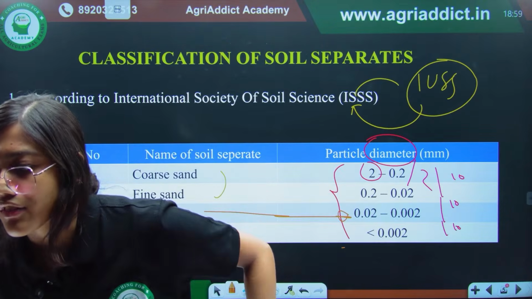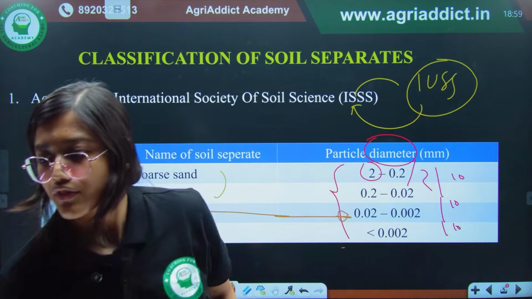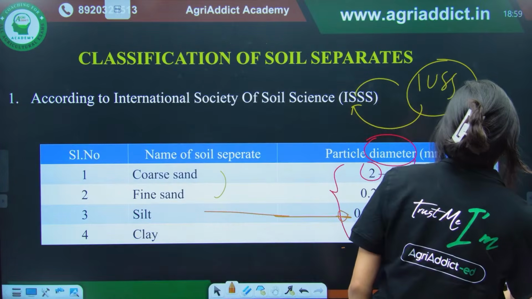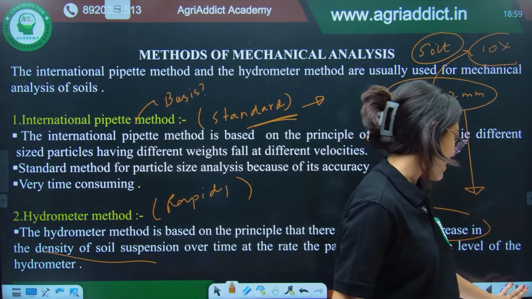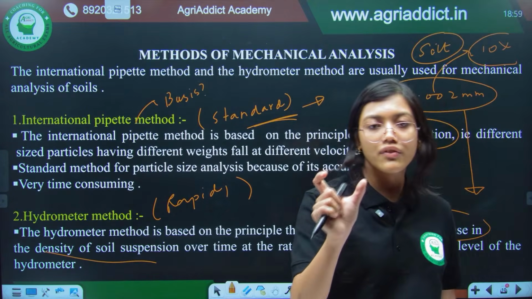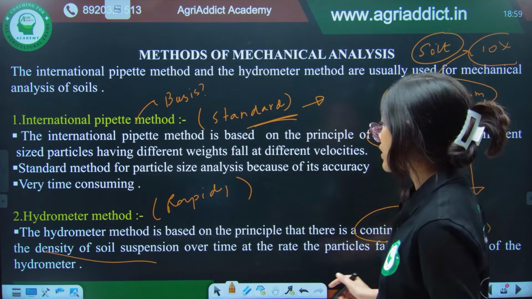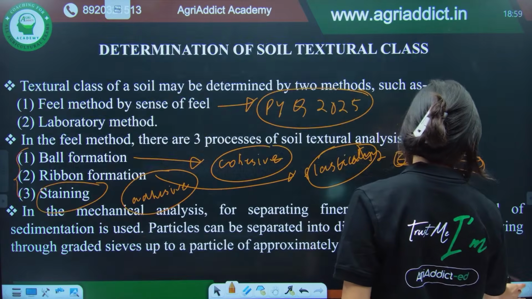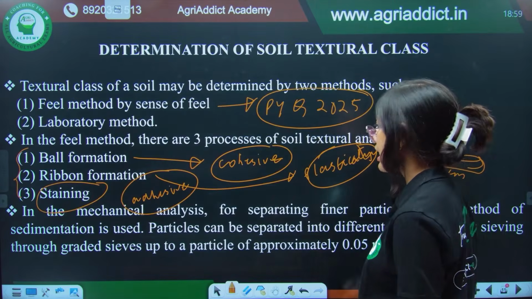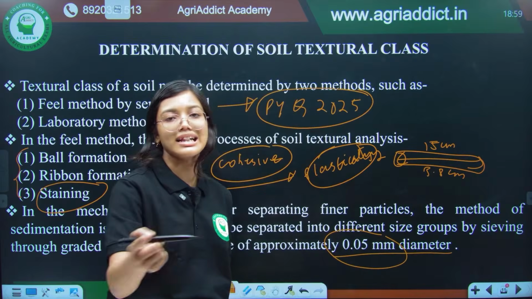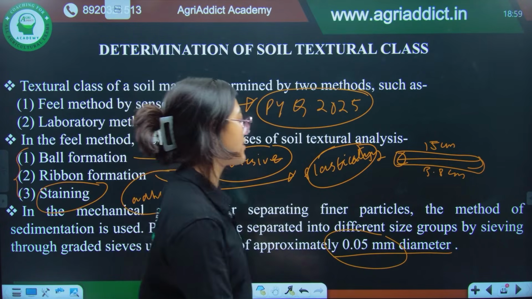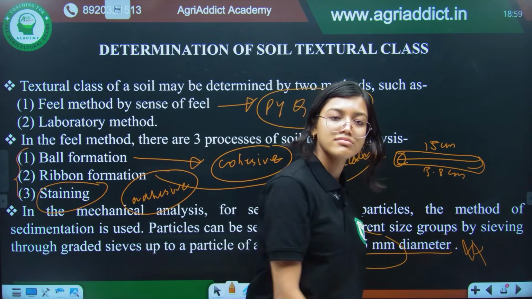Yes, 5 mesh. Okay, very good, Chaman. That's why, because we will take only the silt and the clay fraction in our soil, we will sieve it, or we will do the mechanical analysis for the particles that are 0.05 millimeter in diameter or less than that. Okay, so this is a very important criterion.